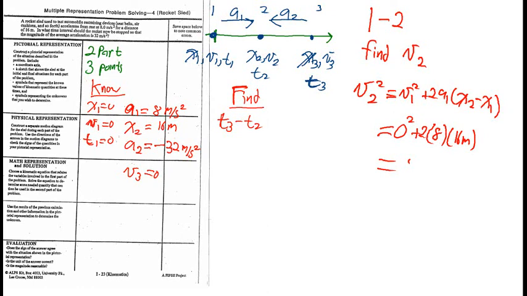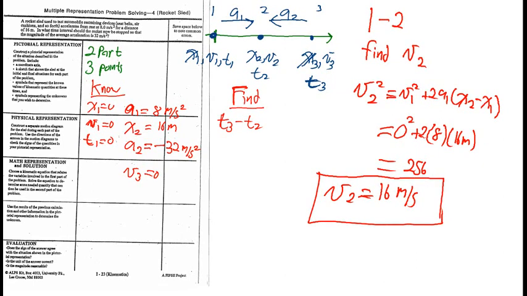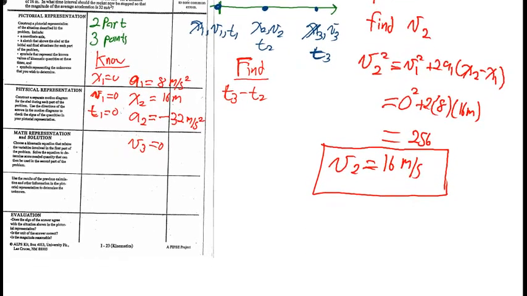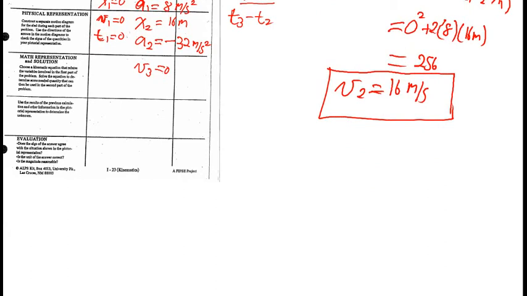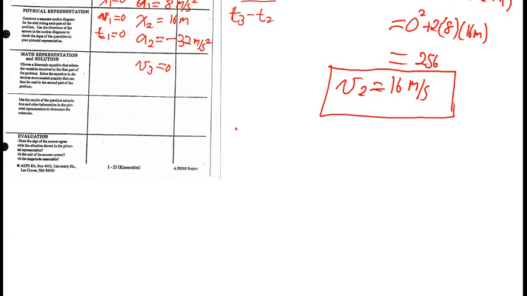So I get my calculator out, and I'll take 2 times 8 times 16. So that's 16 squared, which is 256. And so v2 would be the square root of that, which would be equal to 16 meters per second. So that's the velocity of the rocket sled at the end of the accelerating phase. Alright, so now we can go ahead and actually finish this problem and do the part that we want,